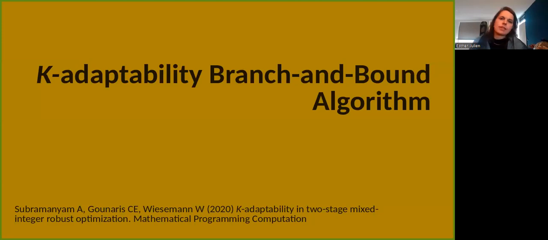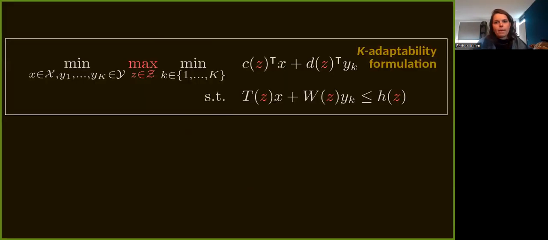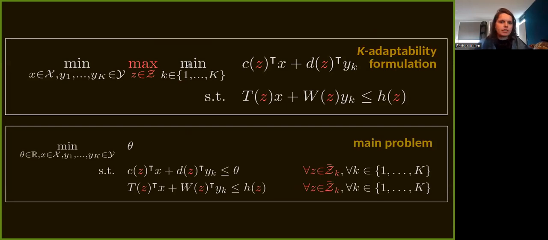Okay, so let's first introduce this algorithm. This was work done by Subramanian et al. in 2020, and it works as follows. First, let's just consider again the problem. You can change this problem into